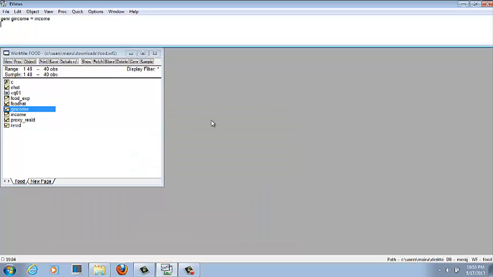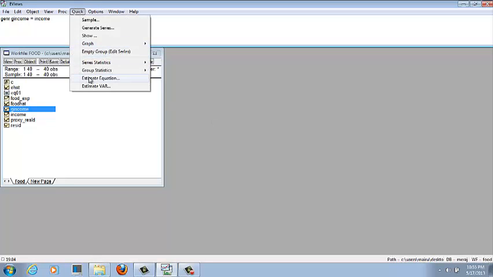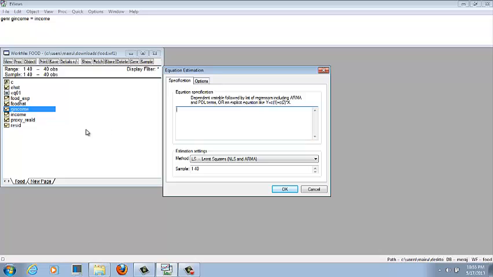Now we run the regression on the first 18 values. For this purpose, we use the quick estimate equation. Then write the relationship here: food expenditure, intercept, then income. At the bottom of the page, you can see the sample. We can give the sample range here, and I'm going to give 1 to 18 because I want to use the first 18 values. So EViews will take the first 18 values automatically. I'm just going to press OK.